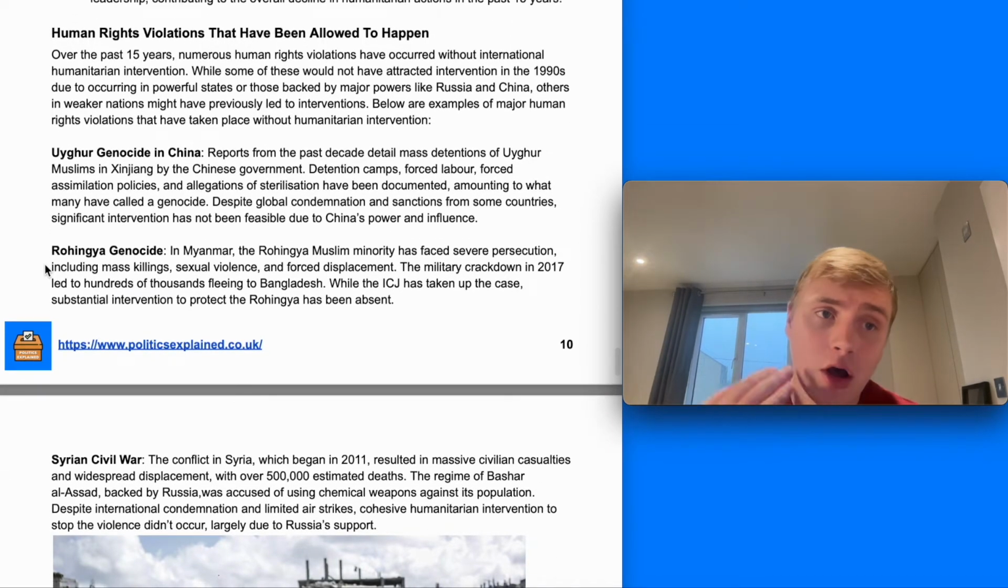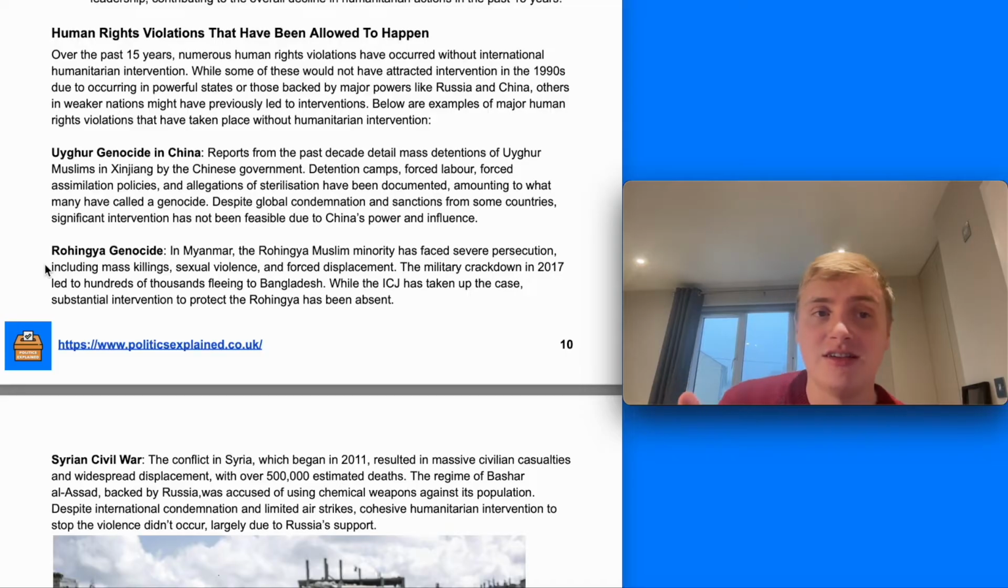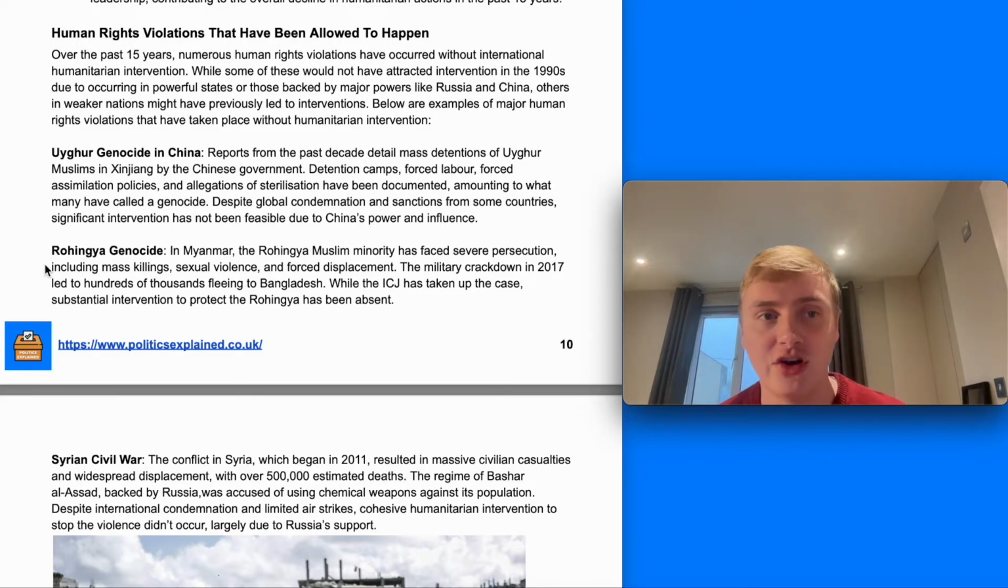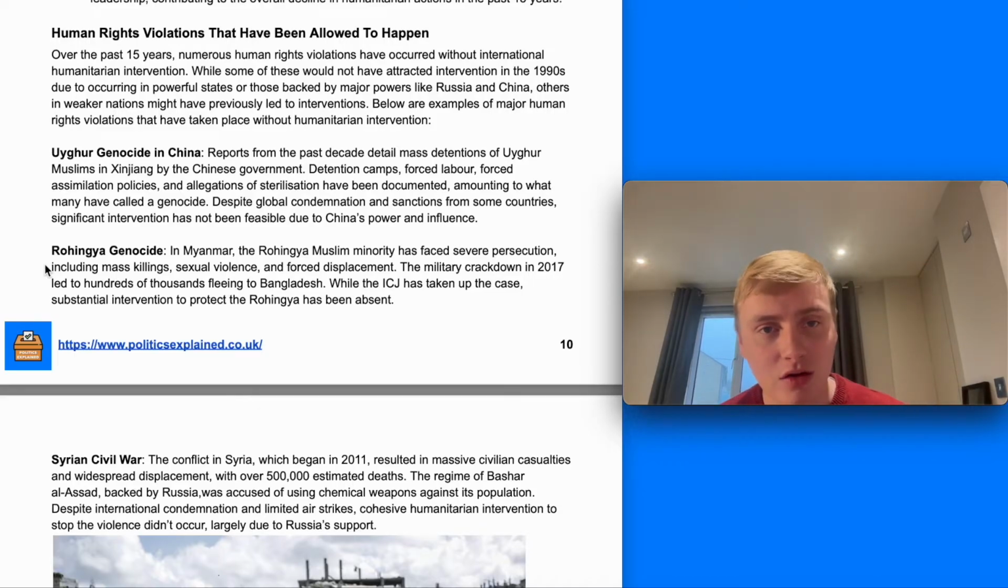As a result, over the past 15 years, numerous human rights violations have occurred without international humanitarian intervention. While some maybe wouldn't have attracted intervention in the 1990s anyway, due to occurring in powerful states or those backed by major powers like Russia and China, others in weaker states might have previously led to interventions. So I include below a number of examples where major human rights violations have taken place without humanitarian intervention. You can use this as an example of the failure of humanitarian interventions to protect human rights in the past